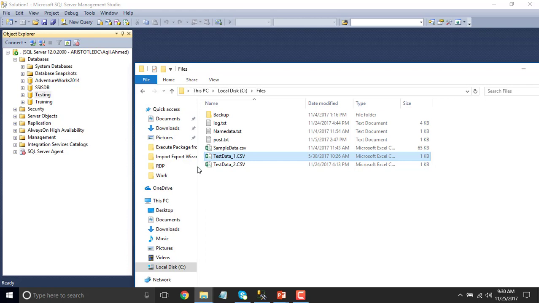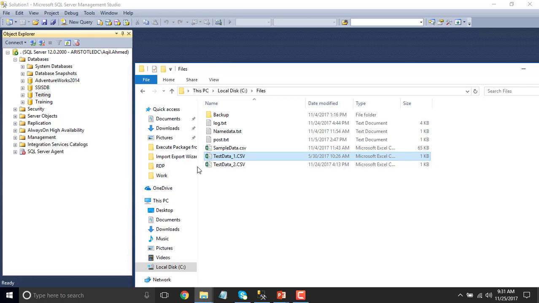So in real life scenarios, sometimes we need to do a one-time task. For example, sometimes we need to load some file to a database, and sometimes we need to copy one or more SQL Server tables from one server to another server. So in those scenarios, when the task is just a one-time task, we can use the import and export wizard. I also use the import and export wizard in my real life scenarios. Every time you don't need to create an SSIS package, because that's just a one-time task, so you can use the import and export wizard.